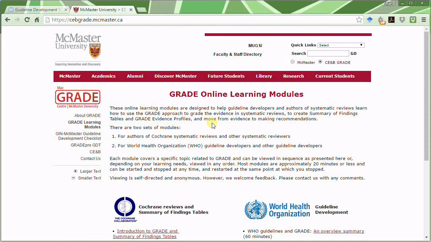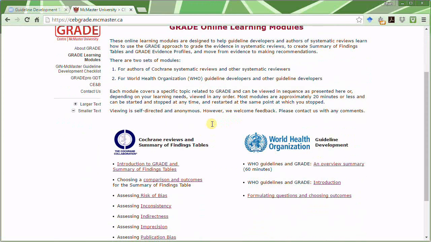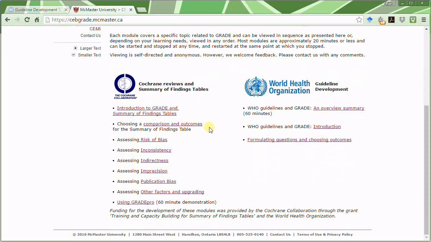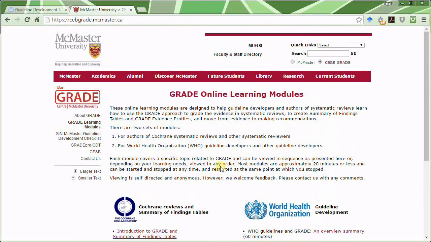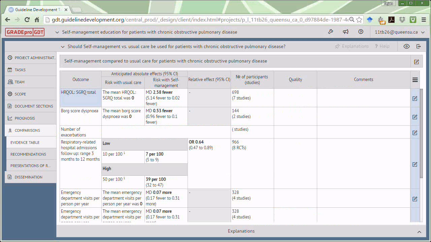Now I need to enter the quality or certainty of evidence into the quality column. We have separate modules about how to grade outcomes using the GRADE approach, and detailed online modules about each GRADE domain to assess the certainty of evidence. These can be found at cebgrade.mcmaster.ca, which should be on your screen now. I will not describe this in detail here, but I will simply show you how to enter in your assessment